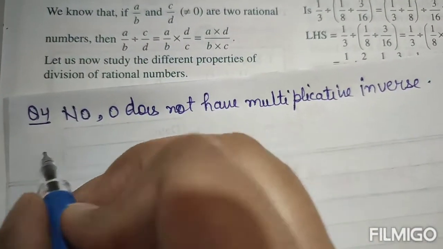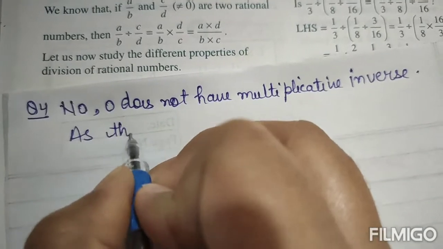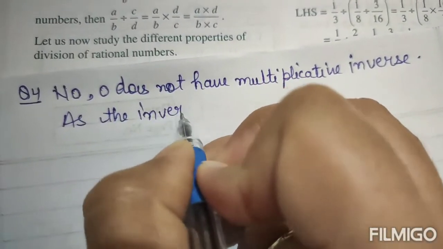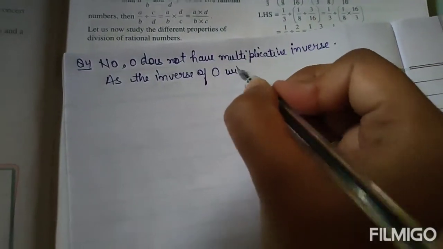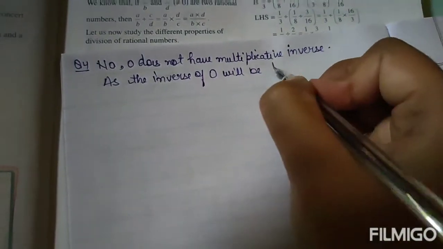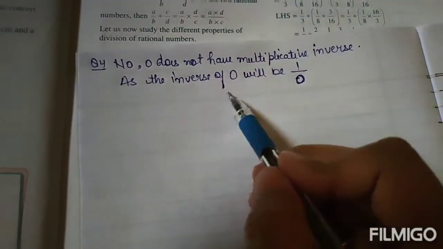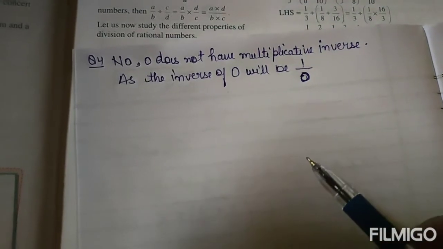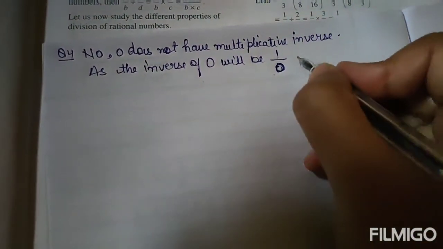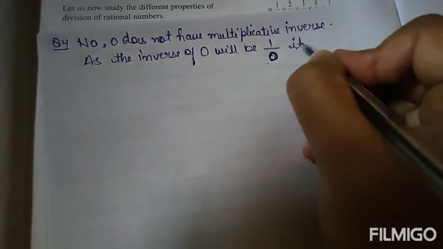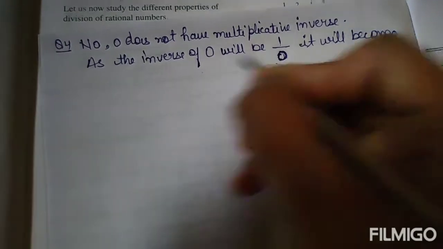Because the inverse of 0 will be 1 upon 0. If we write the inverse of 0, it can be written in the form of 1 upon 0. But can 1 upon 0 be solved? It will become undefined,